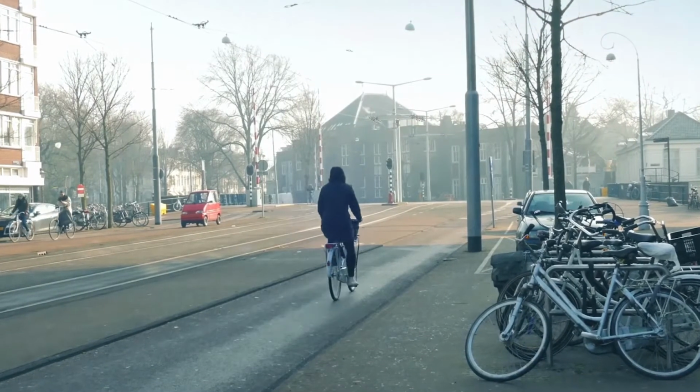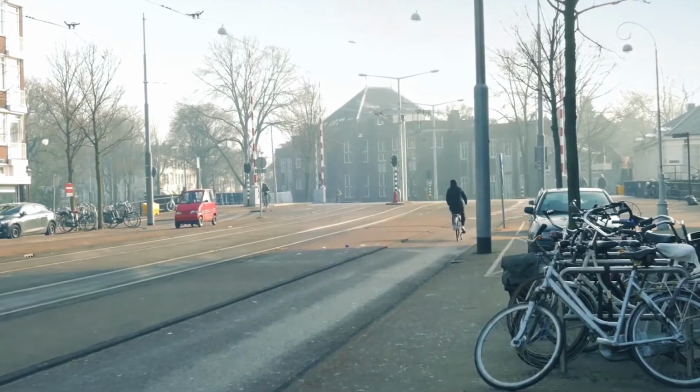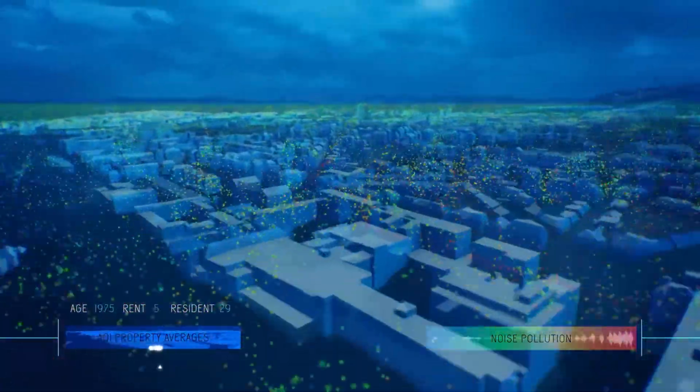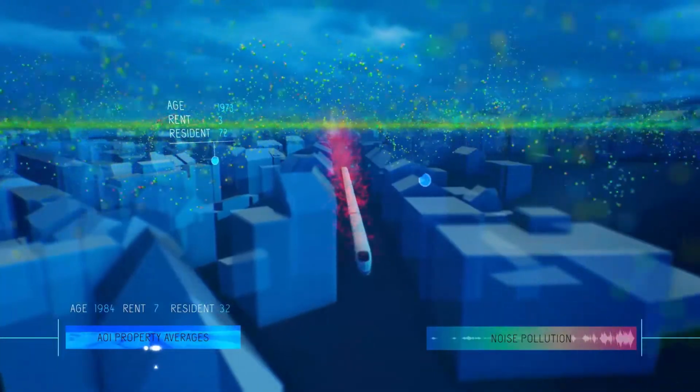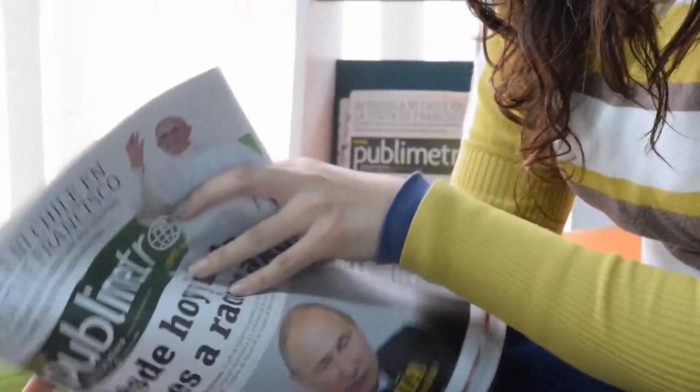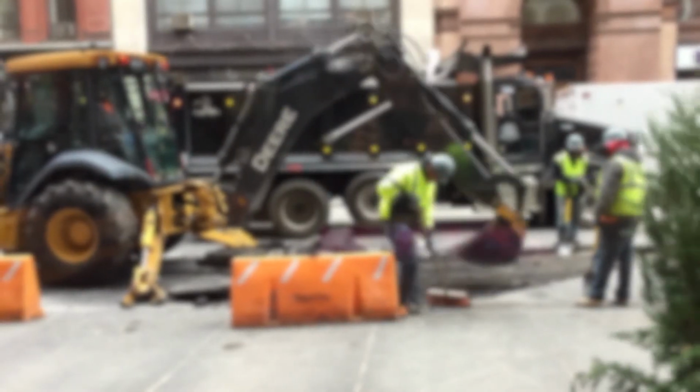So the government wants to involve the citizens in the decision-making process, and the citizens want to have that feedback into what their city looks like, what their city feels like, what their city smells like, what their city tastes like. We can even put sensors in people's houses and get them involved so they can measure noise pollution, air quality, and so they become citizen scientists and become part of the process. And that's vital, because one of the key parts of a smart city is building up trust between the government and the citizens, that they're listening to each other and that they're doing what they each need to do to make the city better. And that's where Hexagon technology comes in.